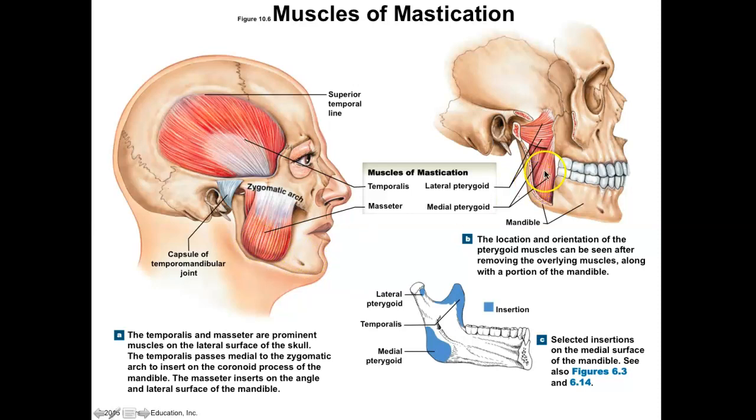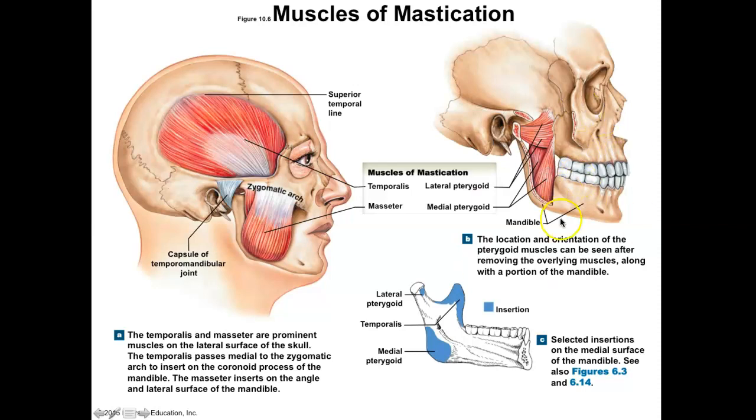The next two muscles we see in the muscles of mastication are over here. So they're called the pterygoid muscles, and one is medial and one's lateral. The medial pterygoid, you can see, is the sort of up and down direction here, and the lateral pterygoid is going to run laterally. So they work together to grind your teeth, so back and forth kind of action, side to side. They both move the mandible side to side. However, they have different actions in terms of elevating and depressing. So if you look at the internal or the medial